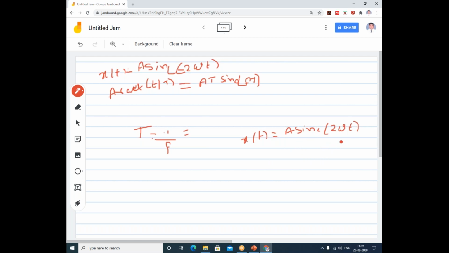Here you can compare this with this. When you compare this, now you need to apply the duality principle. When you apply the duality principle, you can write, if you know the Fourier transform of g of t is G of f, then the Fourier transform of capital G of t is g of minus f. Please try to understand. So here small g of t is your rect.